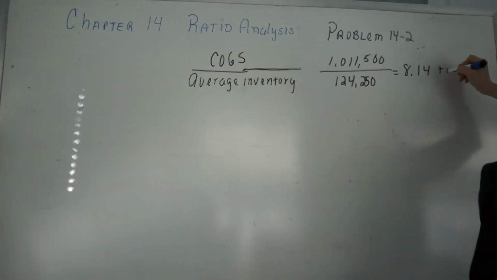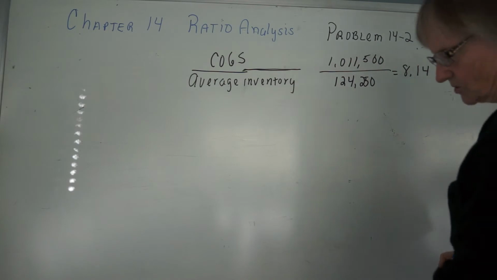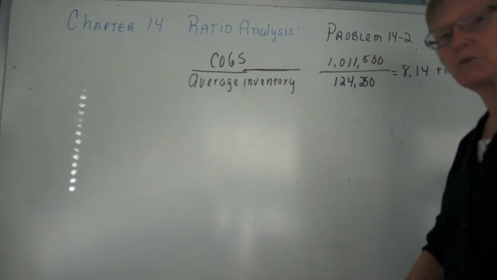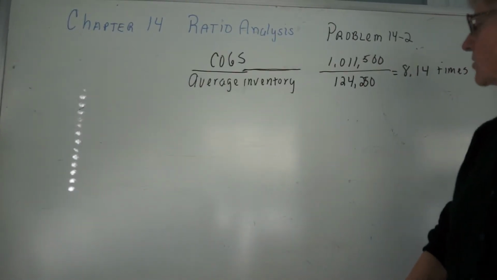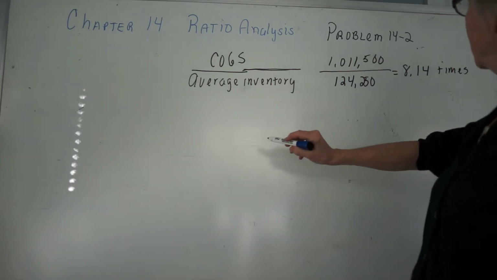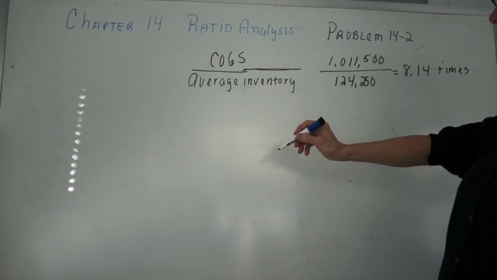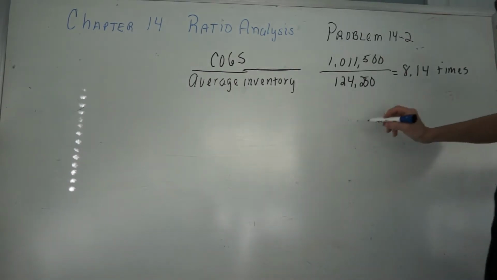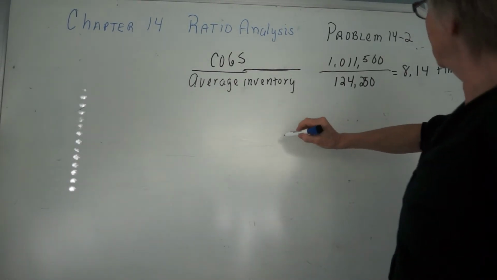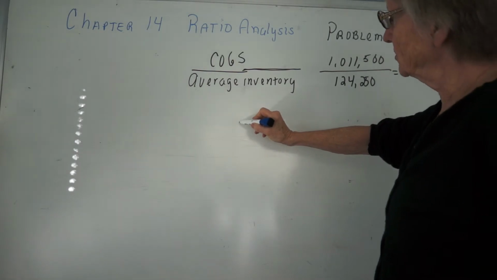8.14 times. So when you start looking at these, you want to start saying, well, gee, is it better to have a lower one of these or a higher one? Is 10 better, or would 20 be better? Would 5 be better? And so one way to have that make more sense to you is you can also